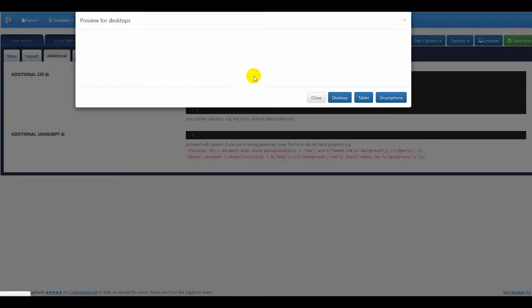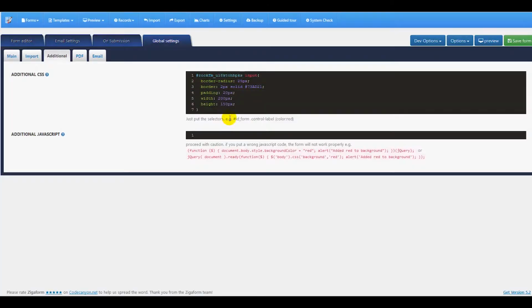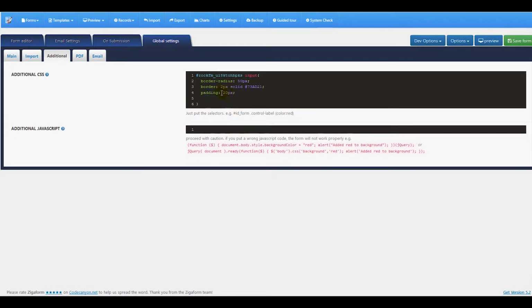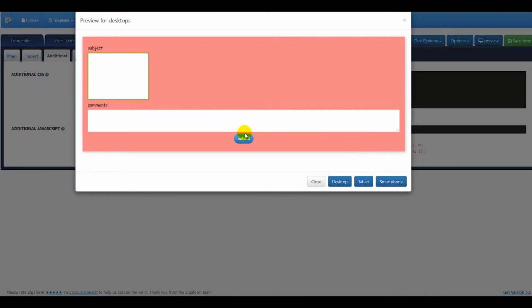Now the form is loading. And here it is. Wait, it's not what I expected, but we're going to make some changes. I'm going to remove the width and height, the padding 5, and in this case I'm going to put yellow. Okay, save changes, go to preview,